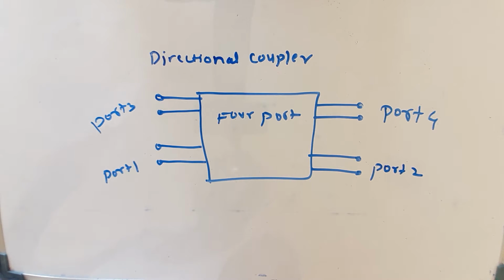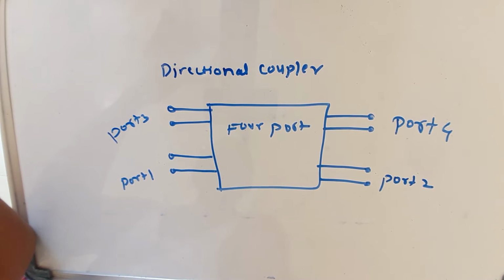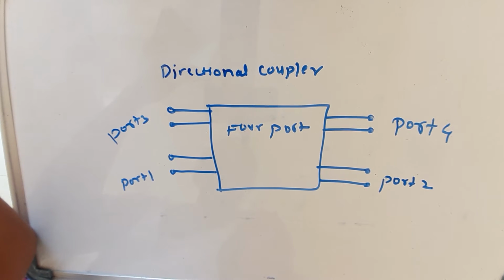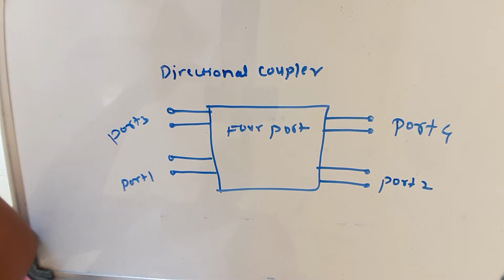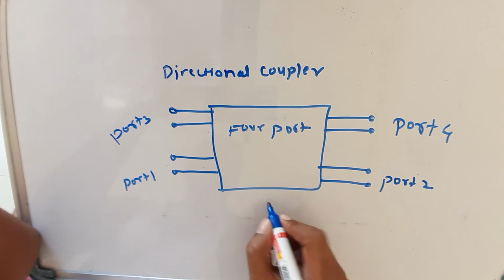A directional coupler can be realized in microstrip, stripline, coaxial and waveguides. Directional couplers are used for the sampling of signals and for the distributed properties of microwave signals. So multiple functions are there for a directional coupler.